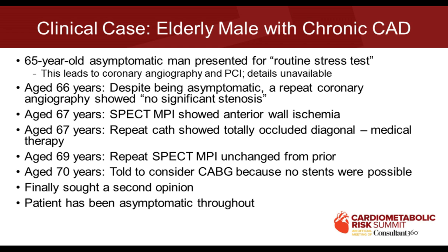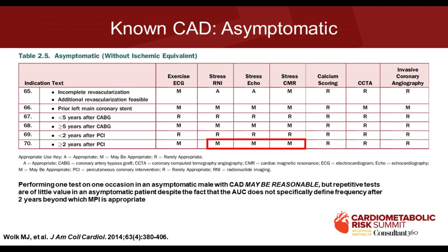He's been asymptomatic throughout. So these are the guidelines that are really tough to look at, because this says after 2 years after a PCI, even if you're asymptomatic, it would be maybe appropriate to do a stress radionuclide test on somebody, or a stress echo, or a stress CMR, or even a stress EKG. But we don't know whether that means 2 years, 3 years, 4 years, 5 years, 6 years. We can't continue to do it every 2 years on everybody who's had a coronary intervention,